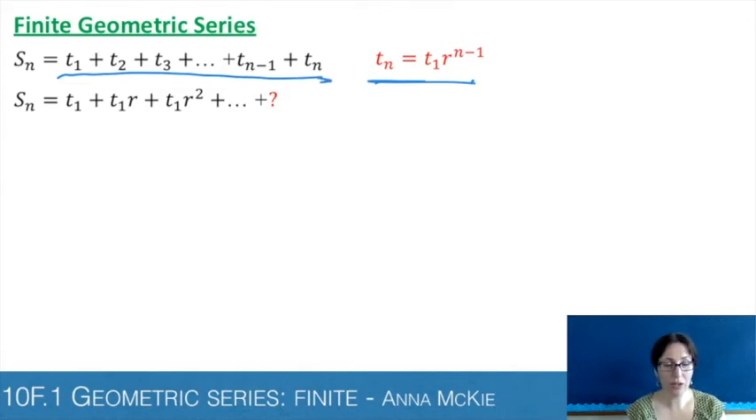Now, another way of looking at each of these terms: the first term is t1, the second term is the first term multiplied by that ratio. The third term is the first term multiplied by the ratio squared. Remembering that this is the n number subtract 1. So if we're on the third term, it's r to the power of 2, which is 1 less than the term that you're after. So if we're going all the way up to the end, thinking about what our nth term would be in terms of t1,